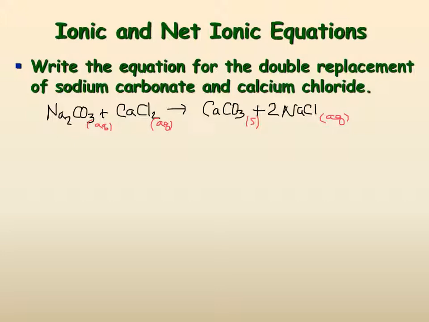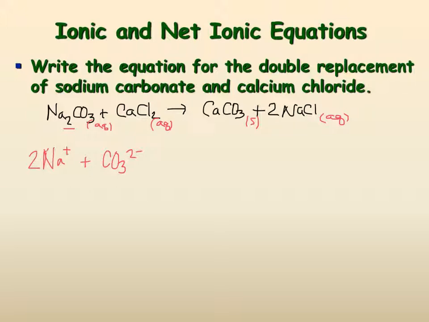So, ionic equations, which are generally the first step towards getting you to a net ionic equation: all you do is rewrite everything that's aqueous as their ions, because in water they're not actually going to be stuck to each other. They're going to be separated into their ions. So we've got Na plus, and this is why you want to write your balanced equation first, because all of the numbers, the subscripts and the coefficients, actually get written as coefficients on the ions. So we're going to have 2 Na plus